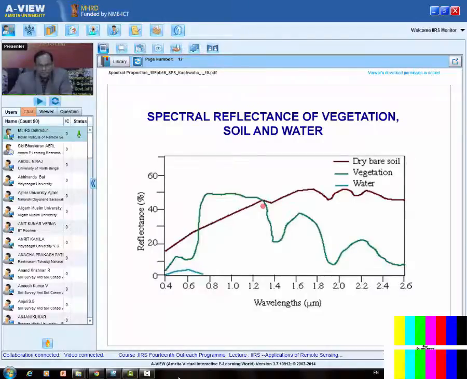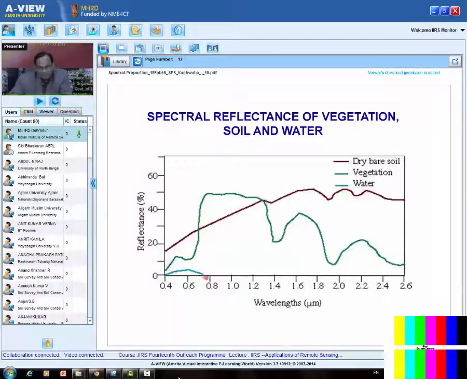Now here you see two additional reflectance properties, in terms of dry bare soil and of course the reflectance from the water, and you see it is something at 0.75 micron, because after this it is completely absorbed. So therefore those who are interested in water use satellite imagery which has been acquired using this portion of the electromagnetic spectrum, while vegetation and crop specialists make use of imagery which has been acquired using at least the green band. And if your other band is not harmful, which I don't mean to say, but surely green reflectance, red absorption,